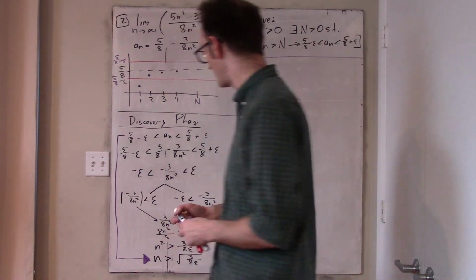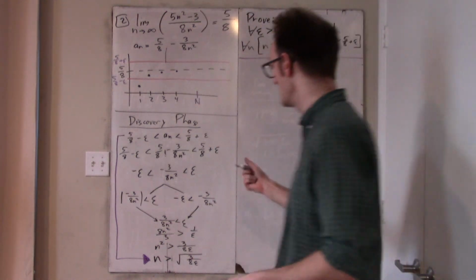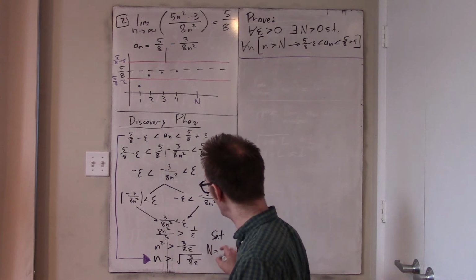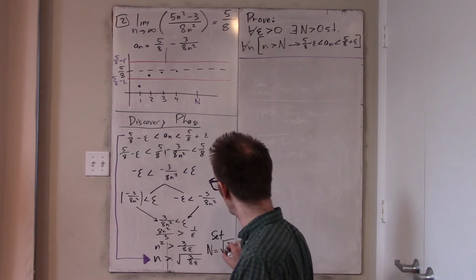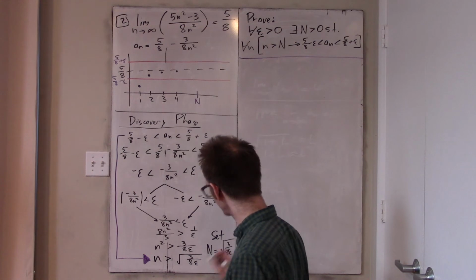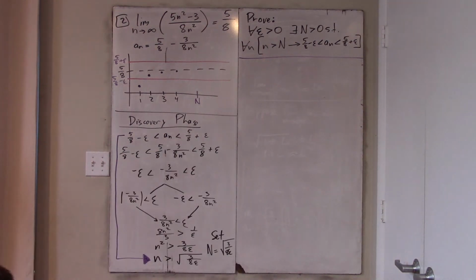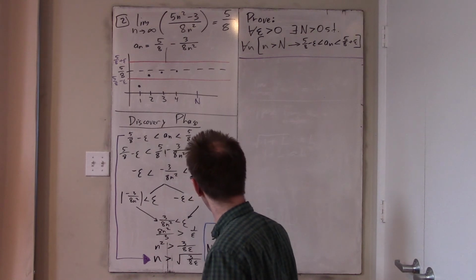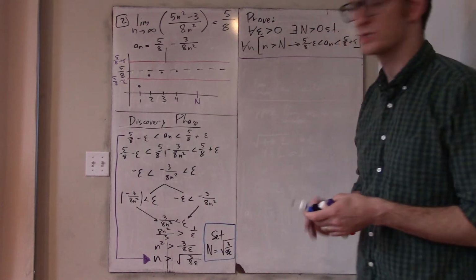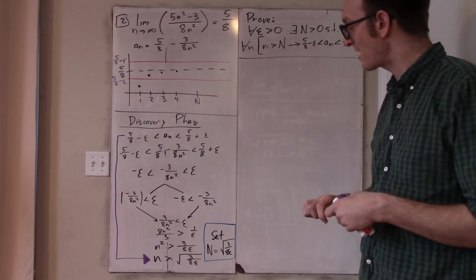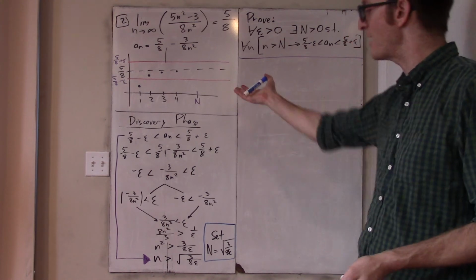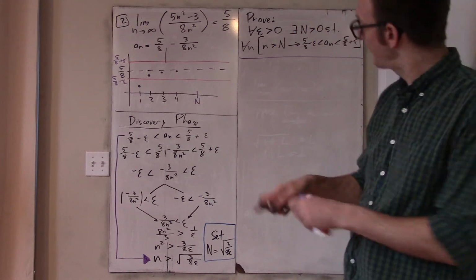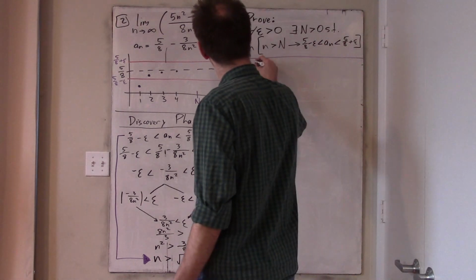And so the entire conclusion of the discovery phase is that I should set my big N to be the square root of 3 over 8 epsilon. And unlike the previous problems we've done, you couldn't have just guessed this formula, I think, because it's complicated. So the goal of the discovery phase is to discover this formula, and that's exactly what we've done. Okay, now the actual proof, assuming you've picked